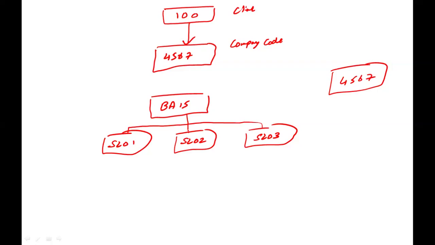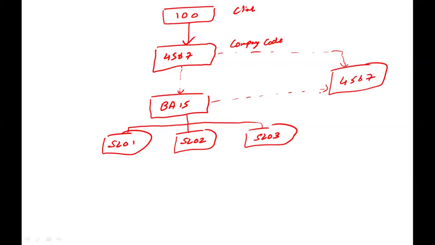So the only link left is that I want to assign my company code to the plant. This link is missing. And I need to decide whether this purchase org is company code specific or plant specific. If it is company code specific, assign this to the company code. If it is plant specific, then assign to the plant. But I prefer to link this for both company code and the plant. Now this link is missing. So to do this link,